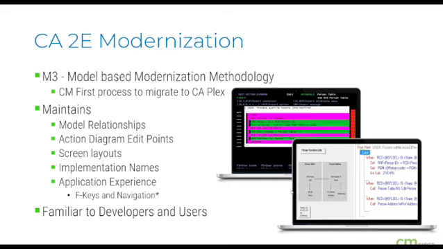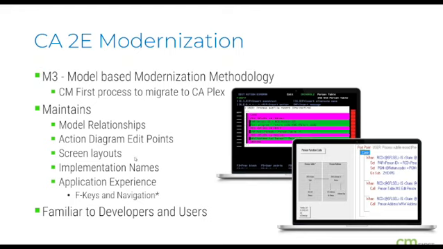So coming from a 2E point of view, we have the M3 methodology, and that's a CM First process, which takes the 2E model and migrates it to a Plex model. This process will maintain the model relationships, the action diagram edit points that the developers are already familiar with.